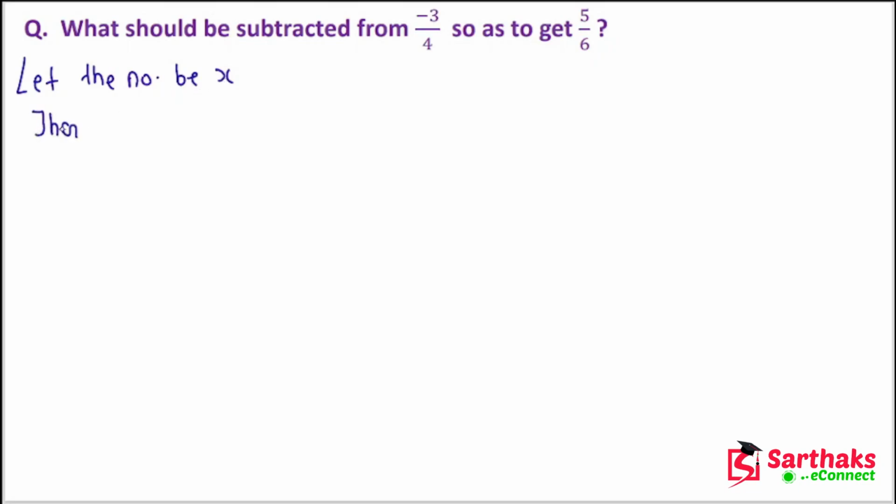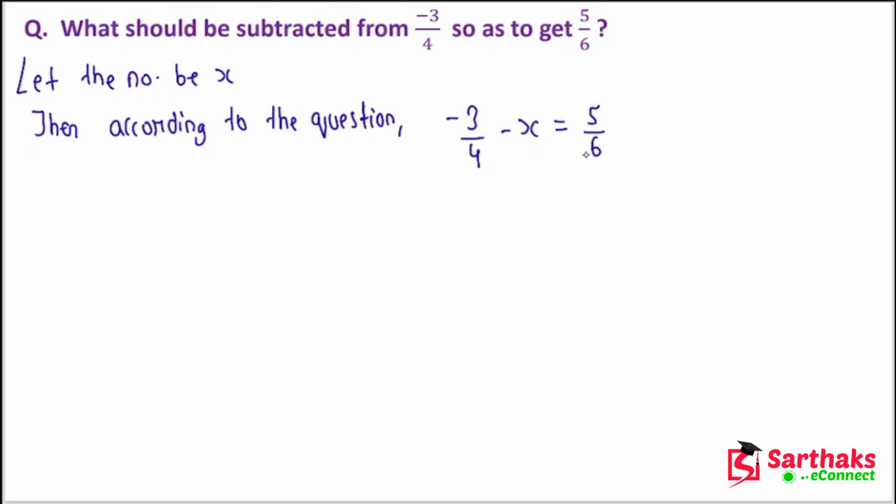Let the number be x. Then, according to the question, we have to subtract x from minus 3 by 4 to get 5 by 6. So, an equation becomes minus 3 by 4, we have to subtract x from it and we will get 5 by 6. Right. Now to find x, first of all we have to take it to the RHS so that it may